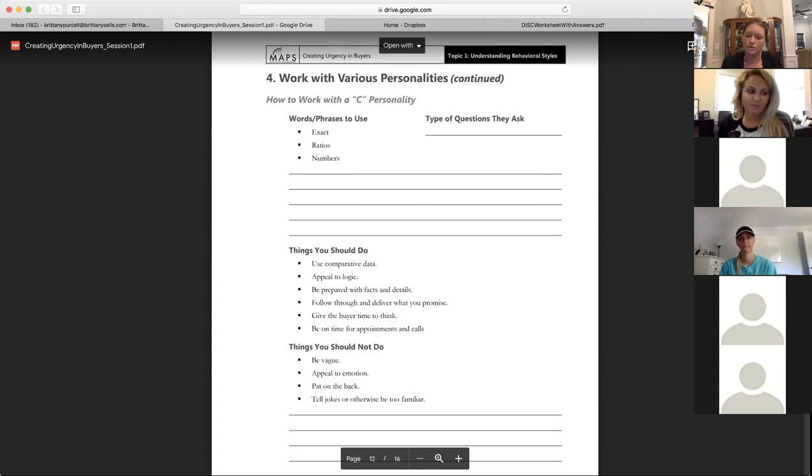Also, do not appeal to their emotion. That is not how they're making decisions. They are, but they aren't, okay? They are averse to fear. So you can use emotion a little bit, but it's going to have to be fear-based and certainty-based. And the way that you're going to get their emotions engaged is by giving them data and facts.